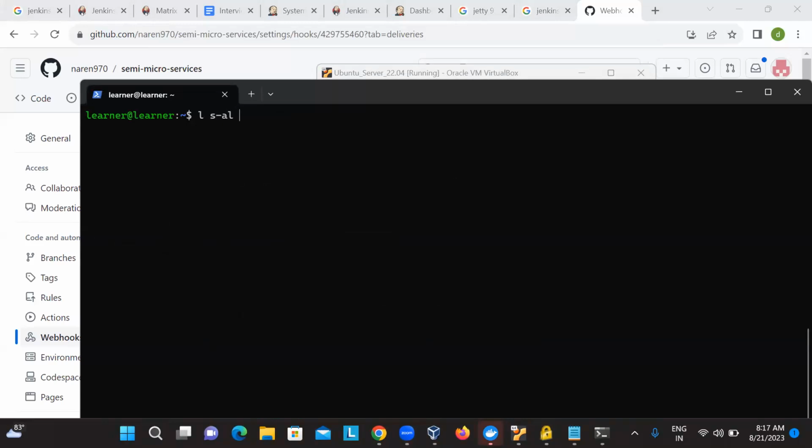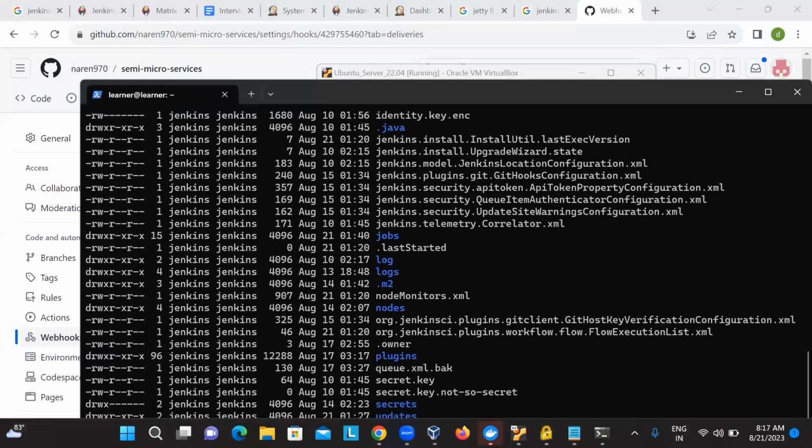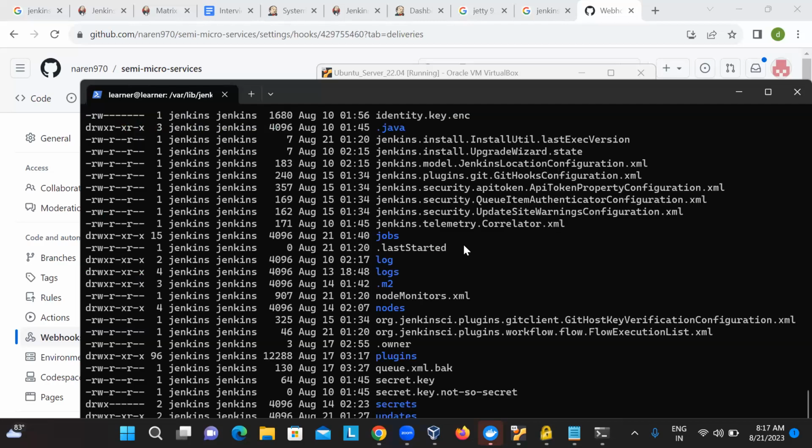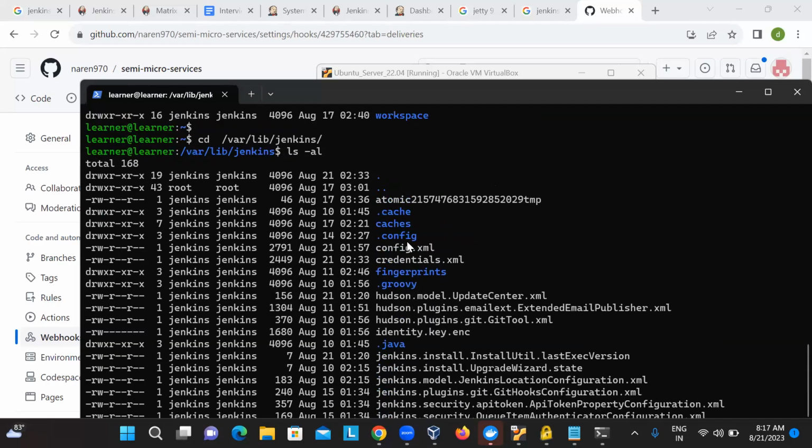Okay. So whenever you install a Jenkins server, it will be stored under /var/lib/jenkins here. These are all the files related to Jenkins. Under Jenkins, you would find all the information, like the configuration of your Jenkins server. If you want to change the port number of your Jenkins server, you would open this config.xml and